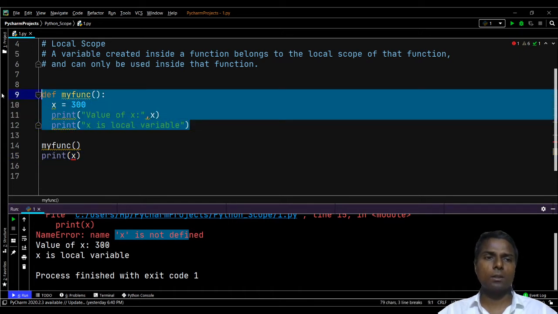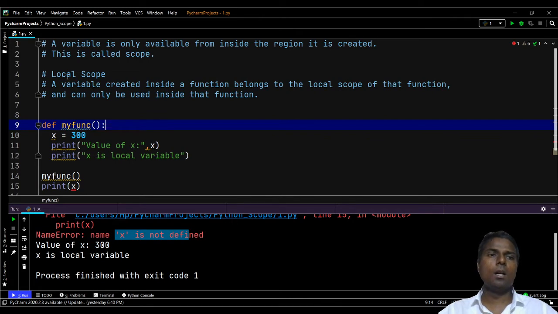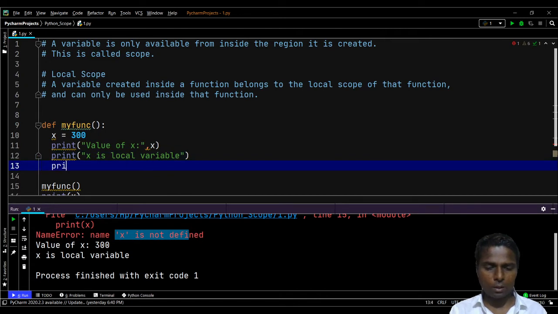So from this small program, this small script, we can understand what local scope means: x is a local variable, its scope is limited. Within this function only we can use the value of x. If I write one more statement, print with double quotes, to understand the meaning, I will write x plus 10. So the value of x plus 10, I want to display it on the output console. That is possible. The value of x is 300.